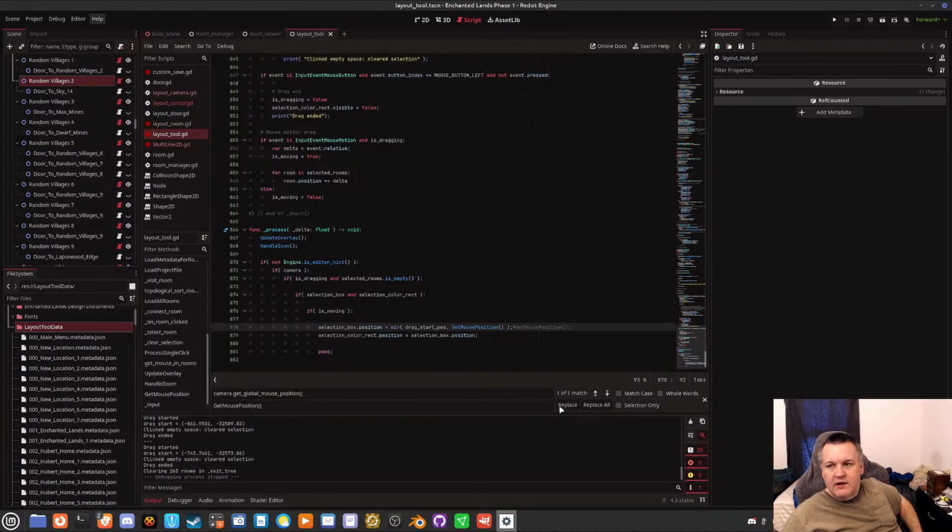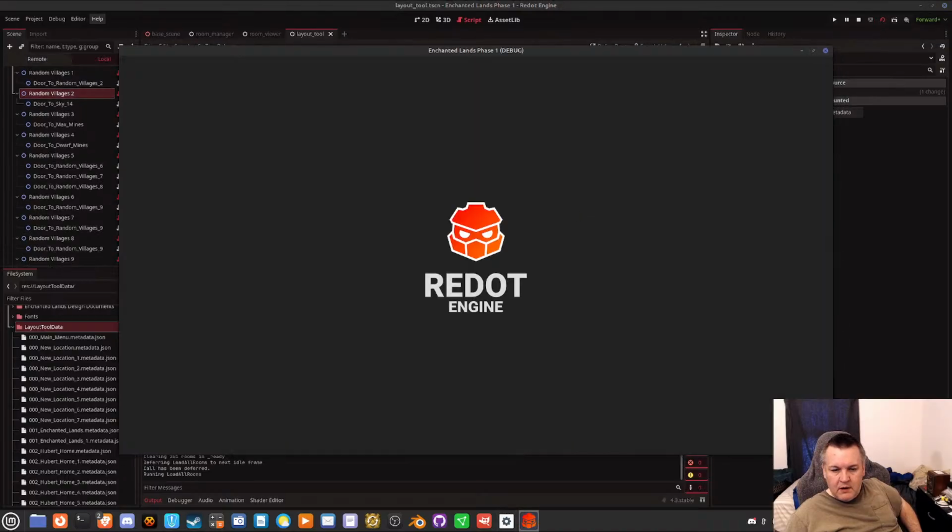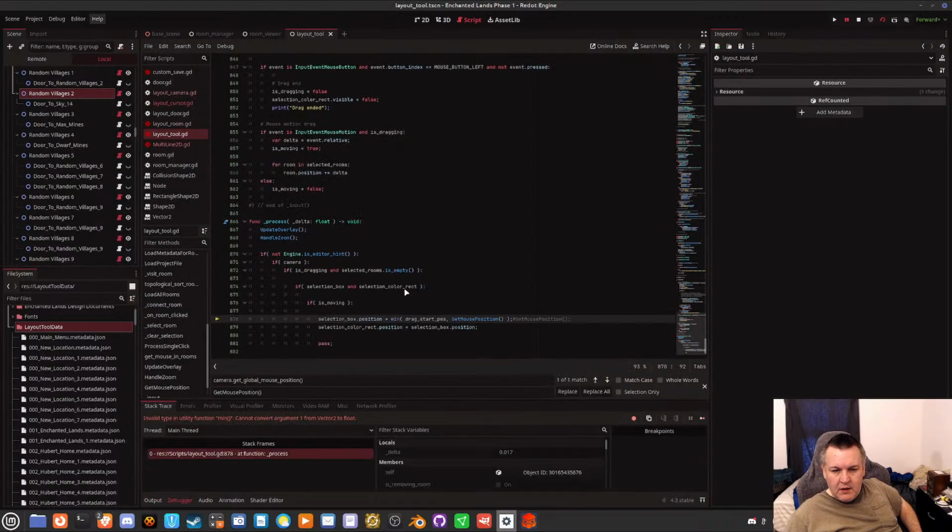Now I wonder if this is going to affect what it does right now because I haven't resized anything. I'm just moving the thing. Okay, so what was the valid type function, Vector2 to float?